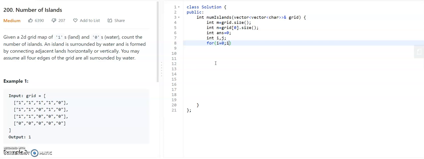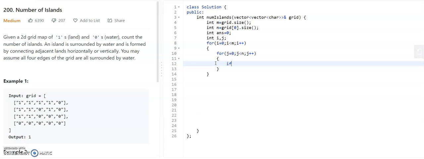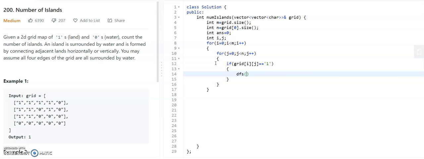Then for i equal to 0, less than the row count, i plus plus. So if we encounter any 1 here, then as it is a character, we have to represent it as a character only, as they gave it as a character, not a numeric. Then we will go for the DFS of that place, meaning grid, i, j, meaning at that position we encountered a 1, so from that we have to do the DFS.